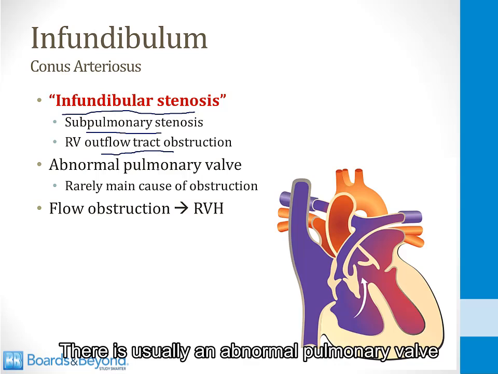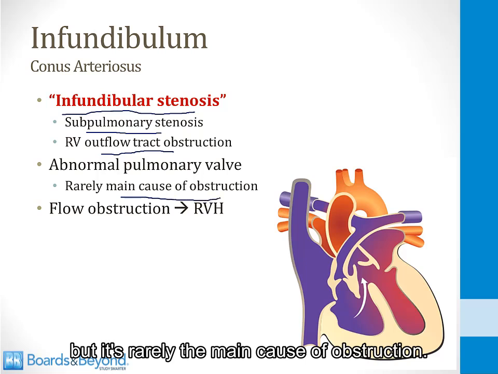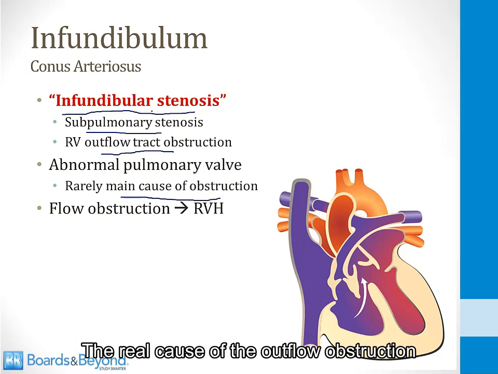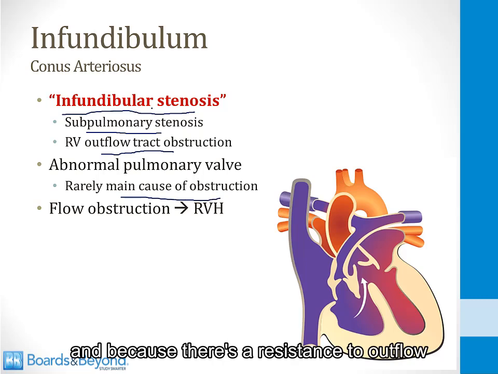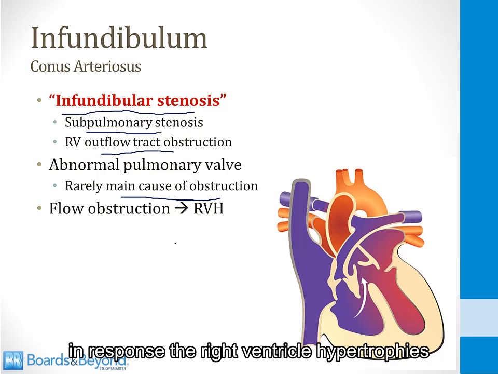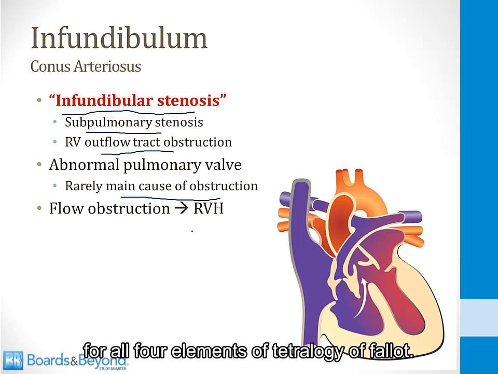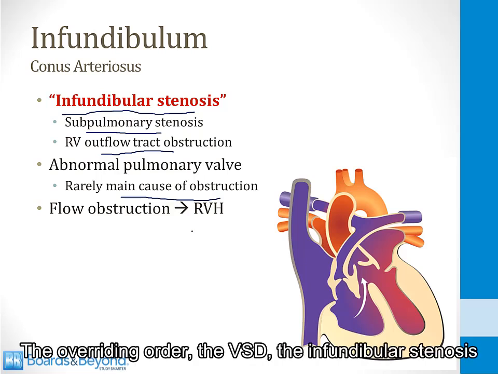There is usually an abnormal pulmonary valve in tetralogy of Fallot, but it's rarely the main cause of obstruction. The real cause of the outflow obstruction is the infundibulum. And because there's a resistance to outflow from the right ventricle, in response the right ventricle hypertrophies, and therefore the infundibulum is responsible for all 4 elements of tetralogy of Fallot: the overriding aorta, the VSD, the infundibular stenosis, and